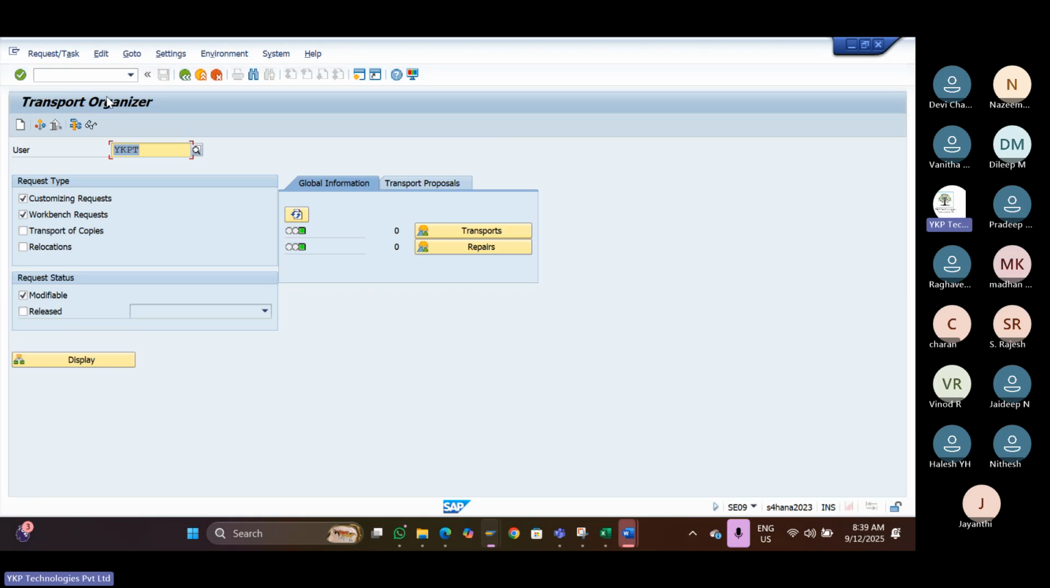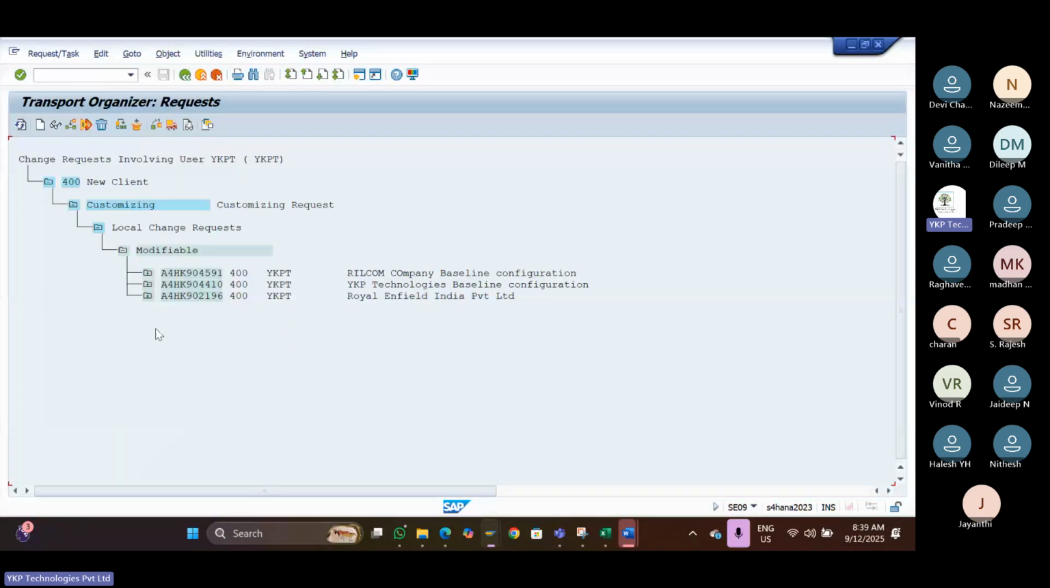/SN SE09 and give your user ID. Select these two check boxes, Modifiable. Hit enter. Here you will have all your configuration numbers. So now with the help of this number,